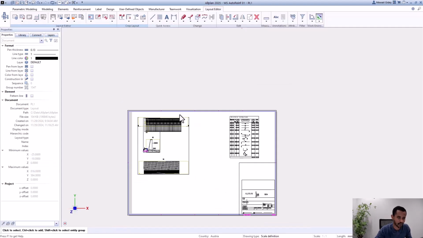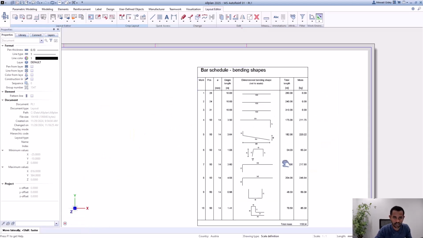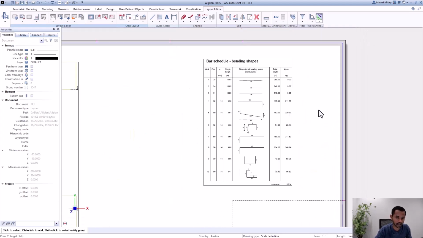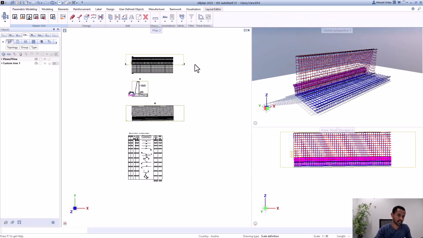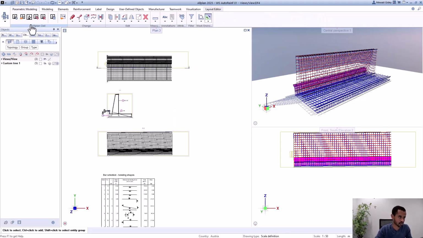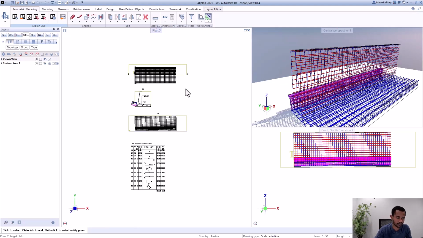Like that. So we have everything that we wanted, and we defined everything, and we also have the bar bending schedule there. The same also goes for our concept. So if I go back and change, for example, the structure here, let's change the height, the length of the element. We could do that by going to